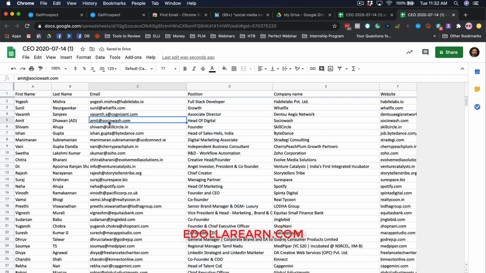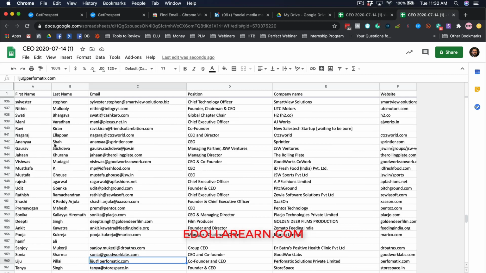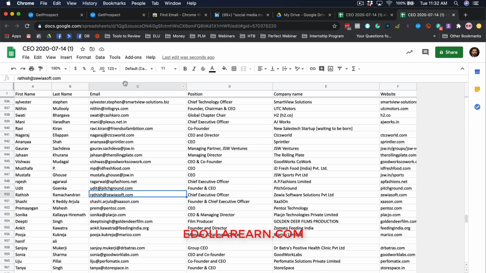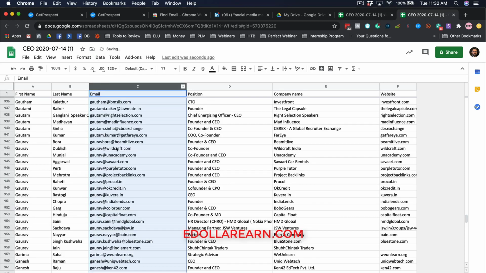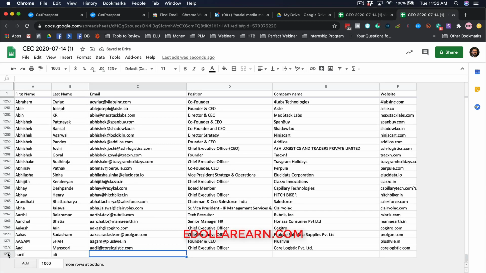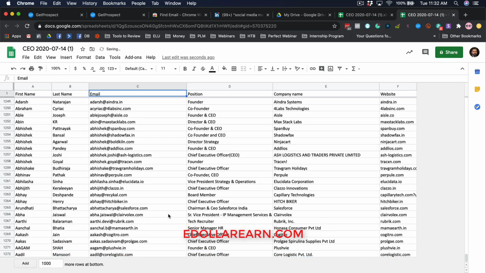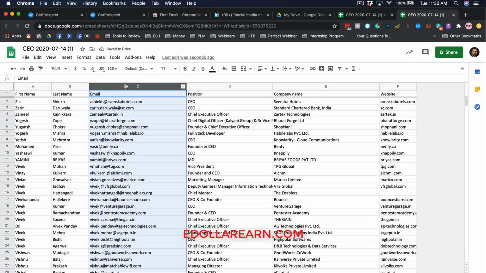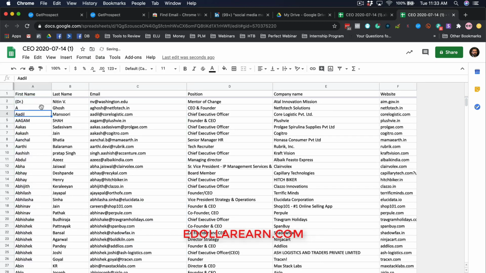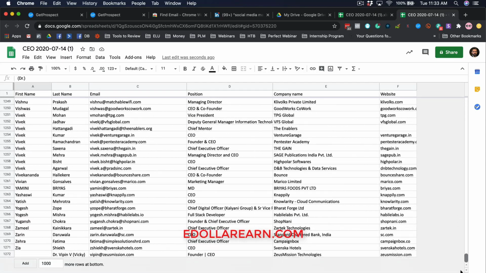So now we have this clean database here, and I can go ahead and create an outreach campaign. And sometimes, rarely, you will see that there are no emails. So if I have to filter out all the people with no emails, then I will sort it again, go down, and you will see that this one person does not have an email. So I will delete that row and go back, sort this again. Probably we can sort it according to the name. So now we have this. So this is how we have generated leads using Get Prospect.